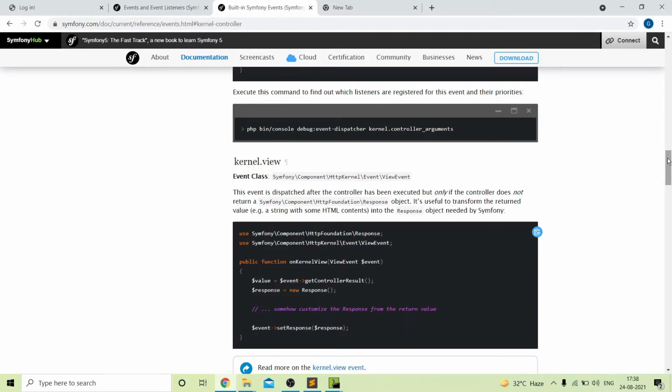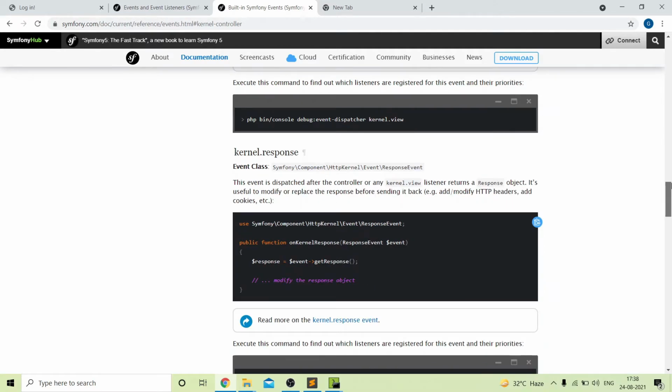So next is kernel.view listener. This listener is dispatched after the controller has been executed, but only if the controller does not return a Symfony response object. Next is kernel response listener. This event is dispatched after the controller or any kernel.view listener returns a response object.